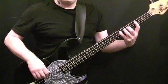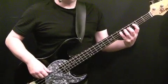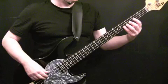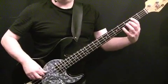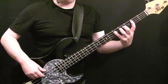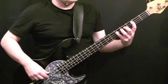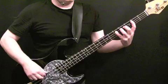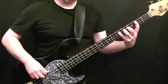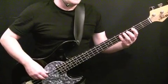The majority of it is just this D kind of pedal tone, which is the 5th fret of the A string, and then we've got this run at the end of it, which is open A, B, back to D. B is 2nd fret of the A string. So that pattern just repeats, and the only time it varies is as you're coming into the next section, which is